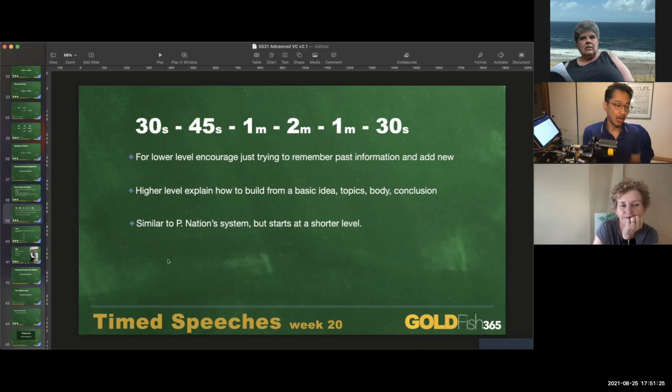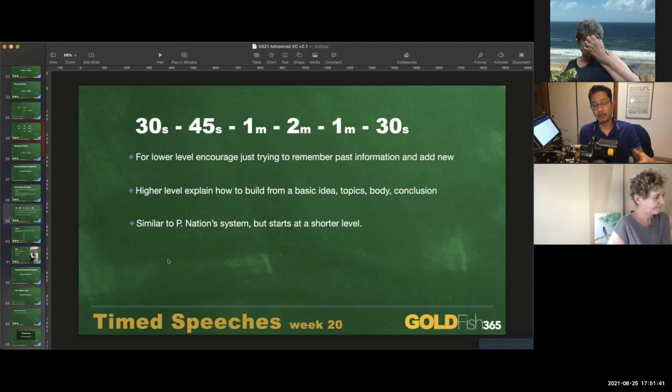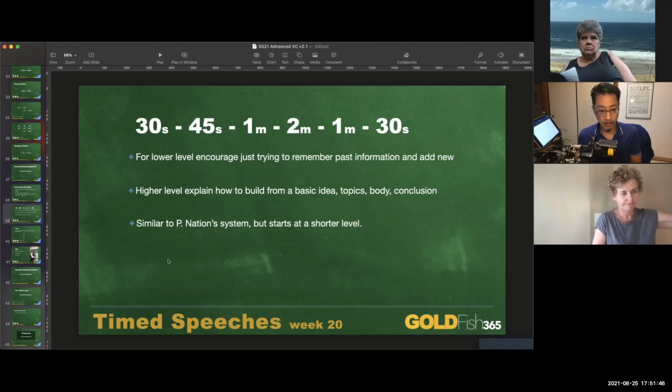Yes. I found too with my students, to make them do something at 4 minutes within the paradigm of VC just won't work, because VC says no papers, no pens, no textbooks. It's what you already know. And to immediately say, okay, talk for 4 minutes on a topic, most of these kids, even if they've done VC, will be intimidated. So I start from a different direction, which is say, okay, you know those independent conversations about your family and how you hate your sister and she's always bullying you. Okay. Turn that into 30 seconds of monologue, and the other person will have something on the same topic.